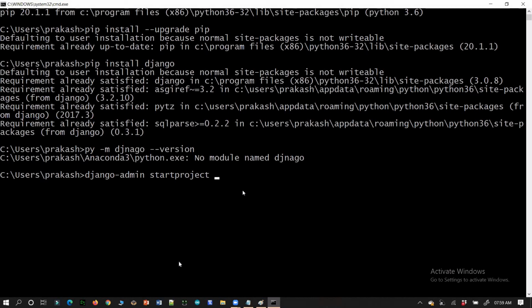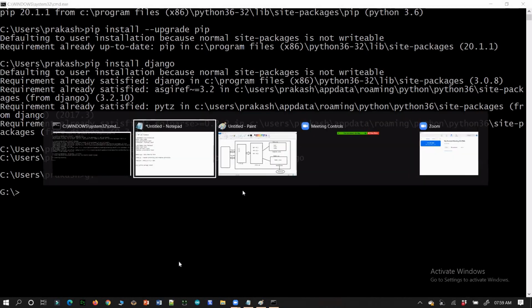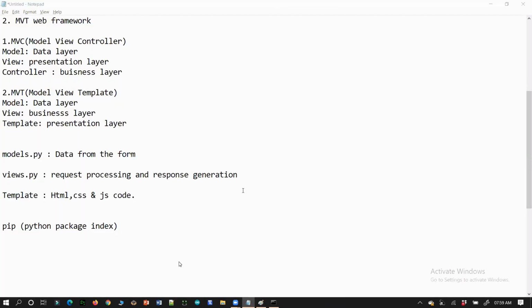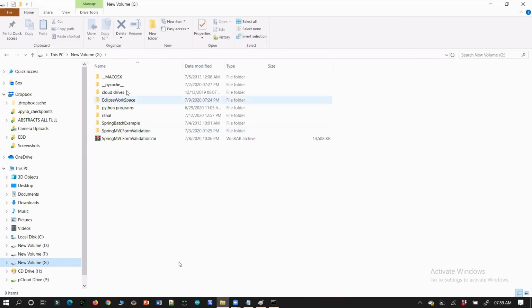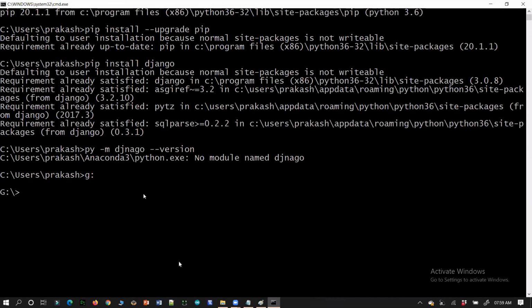So where you want to start the project, you need to give the directory, right? So in the G drive, let's go to the G drive once. In the G drive there is nothing, right? So what I'll do in the G drive,